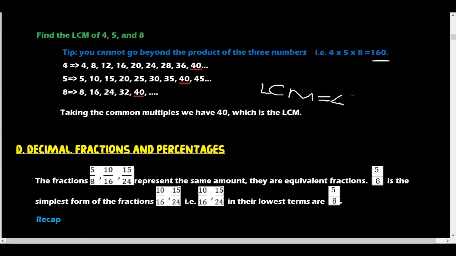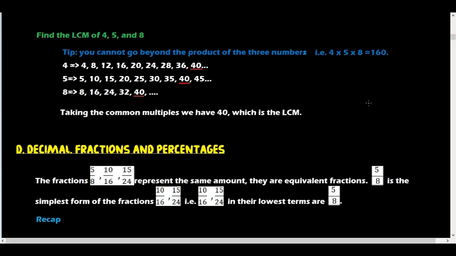Then you express the given numbers and you write down the multiples of the numbers until you get to a point whereby the three numbers have a common multiple. In this case, for 4, when you get to 40, you discover that for 5 you have the same multiple, and for 8 you have the same multiple. That's when you stop. And for 4, how you express the multiples, you say 4 times 1, you get 4,